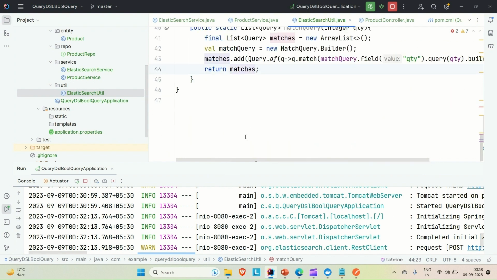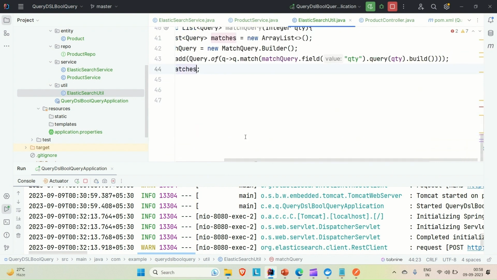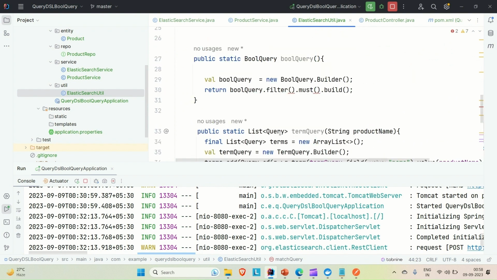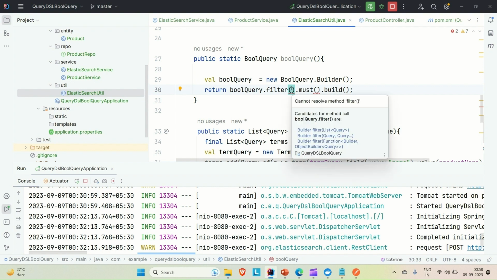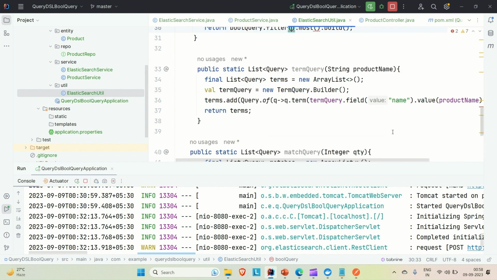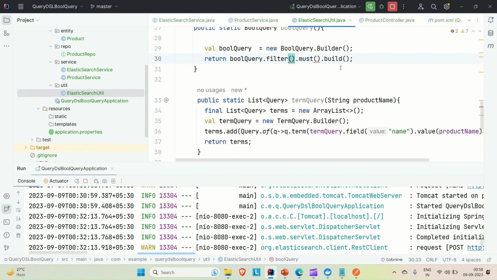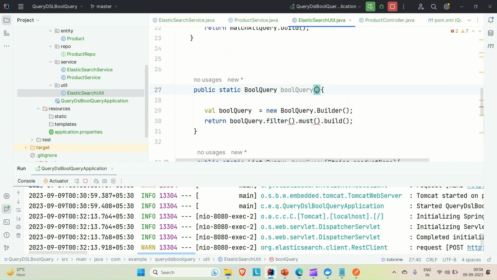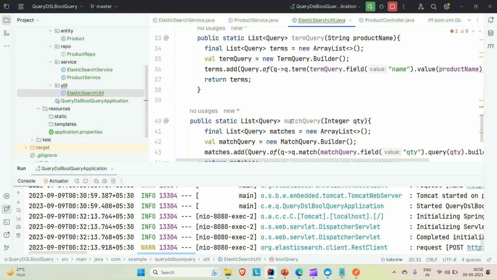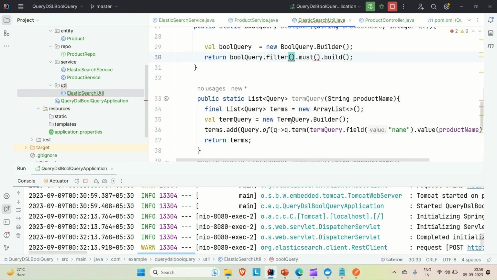So we have created the match query also, we have created the term query, and both are looking good. Now we need to pass those things here in the filter. So when we are passing this to the filter, we need to pass the product name and the quantity also. So let me try to pass this product name and the quantity in the bool query as an argument. So string product name, comma integer quantity,